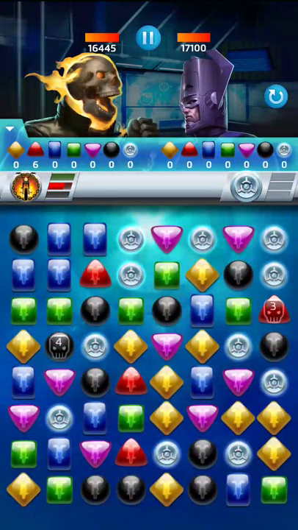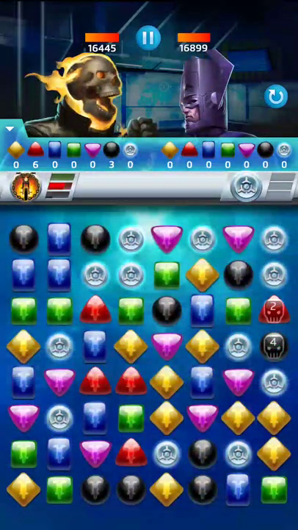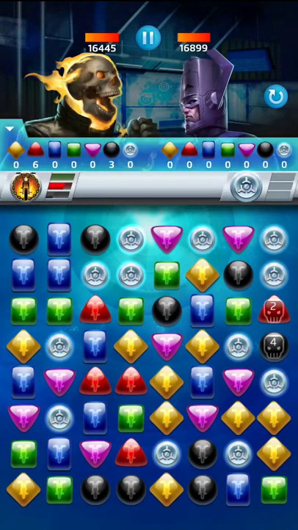Alright, same scenario here. We better take that black match before it's out of alignment. So Great Machines has 2 turns left. It'll create cosmic tiles and then it removes cosmic tiles to earn a bunch of AP. So if we take too long in this match,